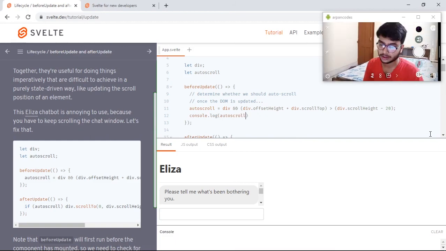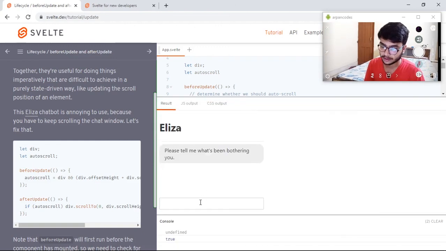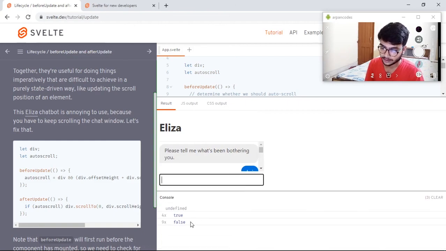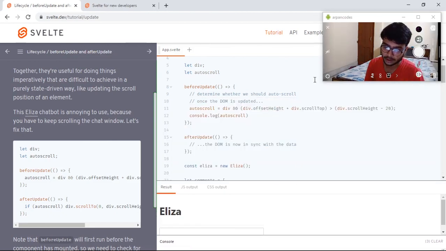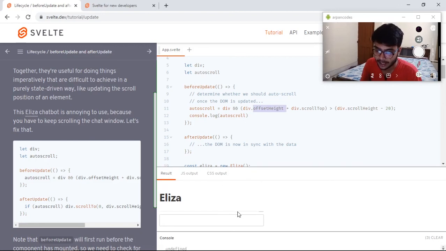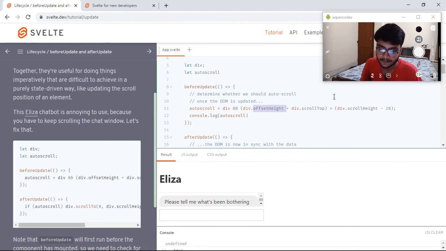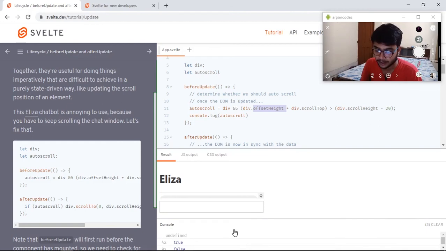I don't know why I'm doing it, I could just show you. It's this. Okay, so now it's false. Whenever the DOM offset height plus scroll top is greater than scroll height minus 20, this will become true. So let's say if auto scroll is true,